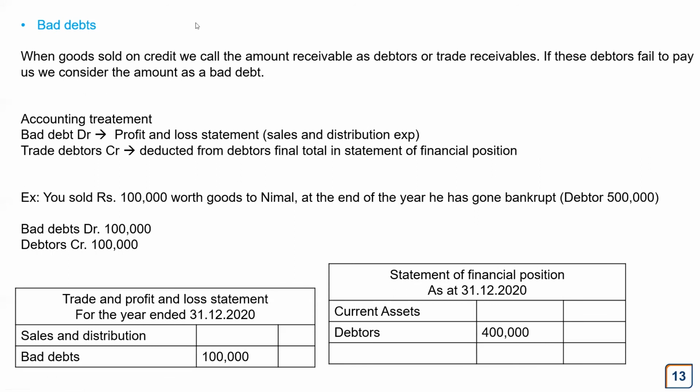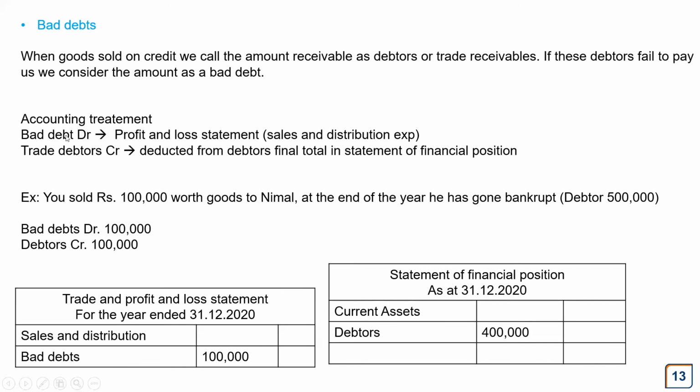Since you might miss a particular transaction, I have already done the accounting treatments and shown where it is coming from, as well as shown the extractions, right? So then bad debts. When goods are sold on credit, we call them amounts receivable from debtors or trade receivables. But imagine they forget to pay us or they go bankrupt, so they fail to pay. What are we going to do? Are we going to keep them as debtors forever? We cannot do that, Putte. So in that particular year, we have to remove that as a damage or an expense, and we have to close the particular account. So taking bad debts and recording it as an expense because it is a loss, we write that account as bad debt, right?